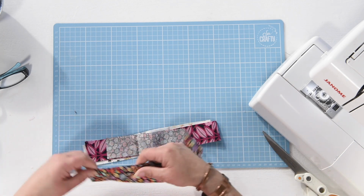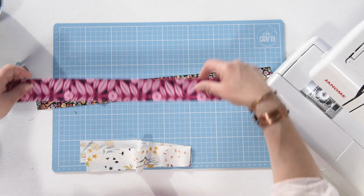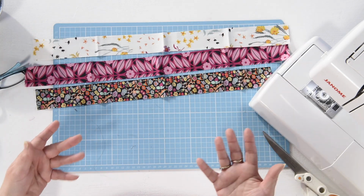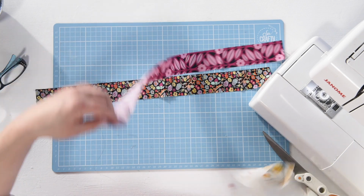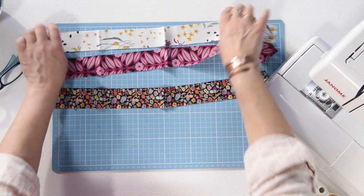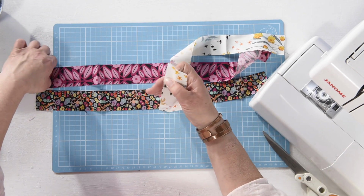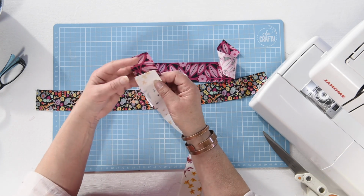Now these strips can be any size you like. I, for example, have just done these at 4 centimetres wide. They can be any length you like, because you're going to cut them into triangles. What I will suggest that you do though is, because we're going to sew these together to make a 3-strip wide piece of fabric, when you sew it right sides together, rather than matching up those raw edges,